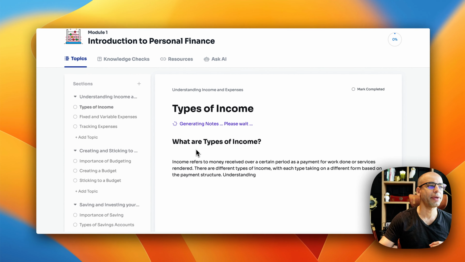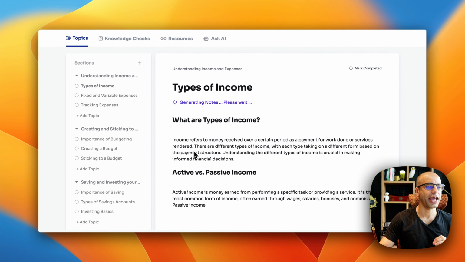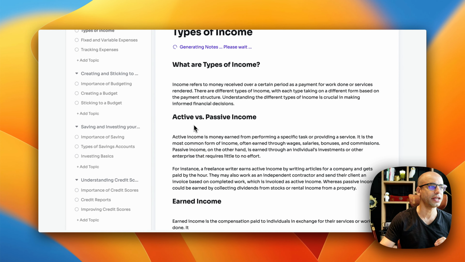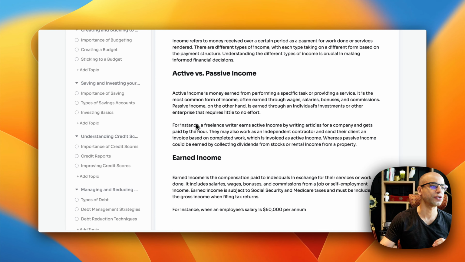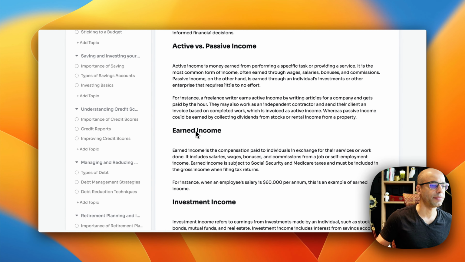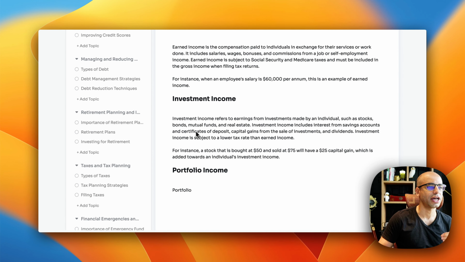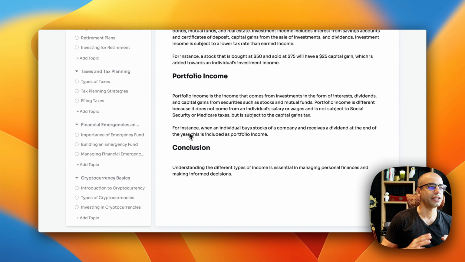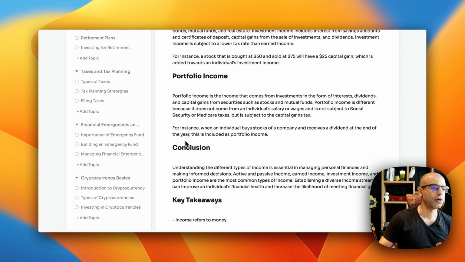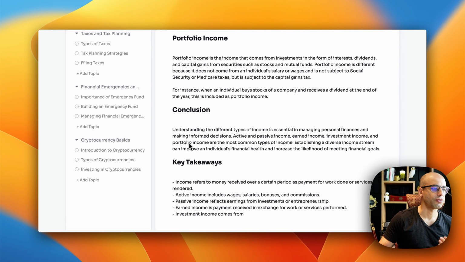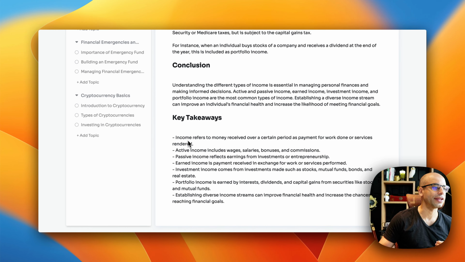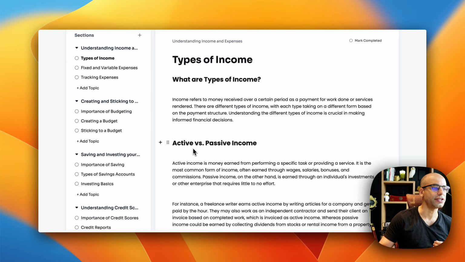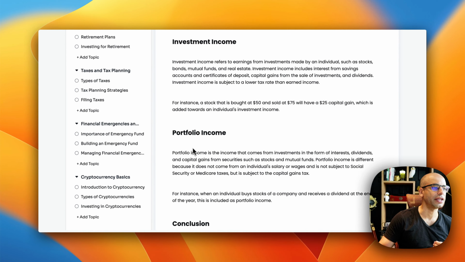And it is automatically now generating, using AI, the full curriculum of this first part of the module, types of income, right? So what types of income? Active versus passive income, earned income, investment income. So it is literally typing the course for me, portfolio income. And now it includes a conclusion where it summarizes this and finally the key takeaways as well as a quick little summary, and then it re-renders it in a nice clean format,